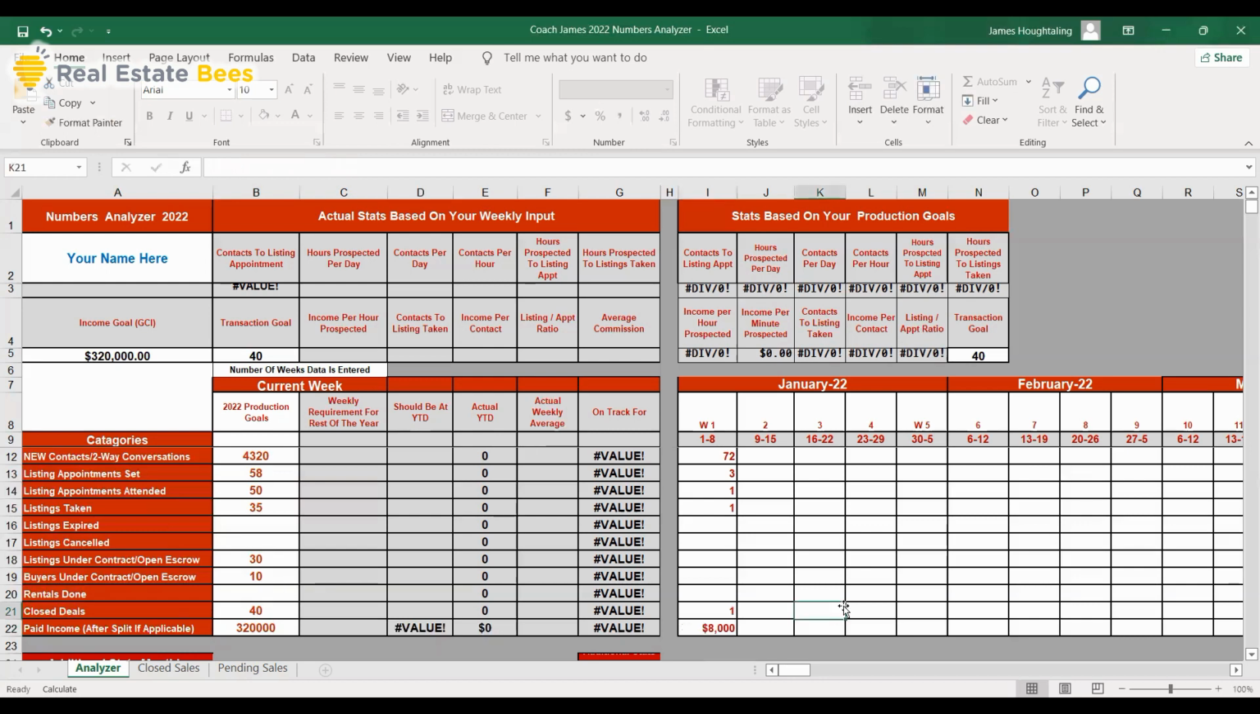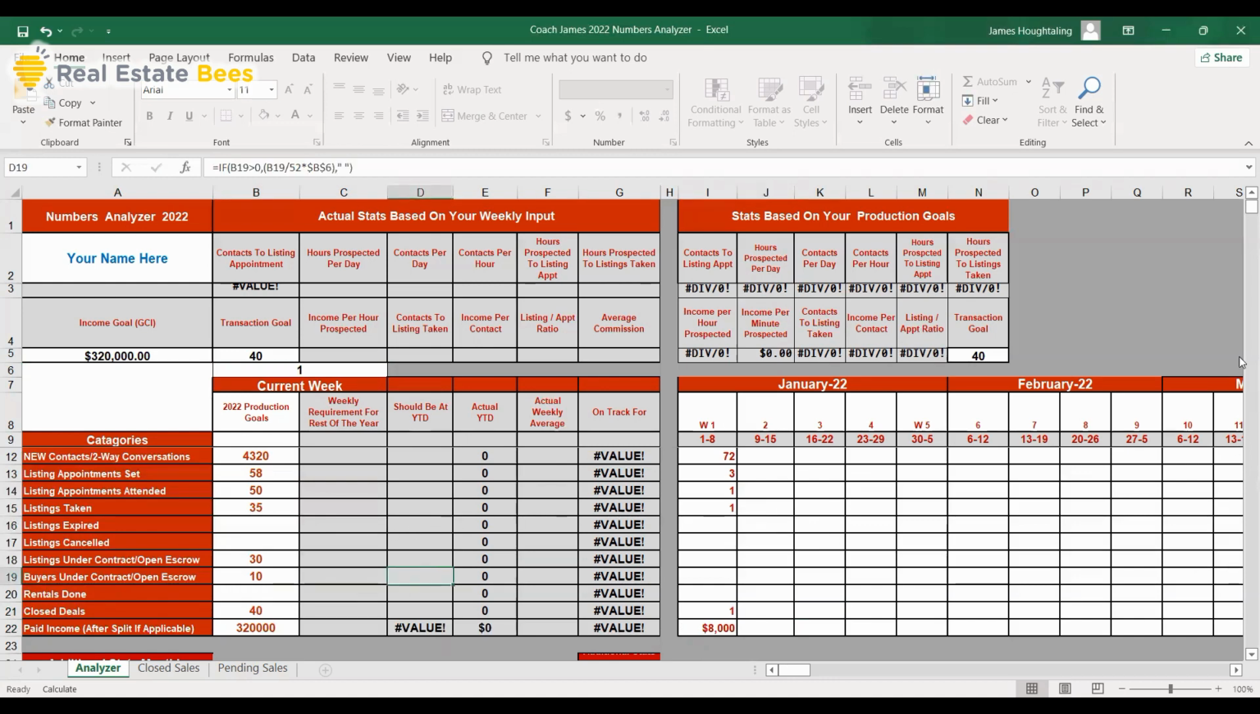So the only thing left to do to cause this thing to populate now is you need to go right here. This is important. All right. This white box right here where it says number of weeks data is entered. This is just what it says. It's how many weeks over here do you have filled in? In this case, we have 1. So I'm going to now put a 1 here. And as soon as I move that over,